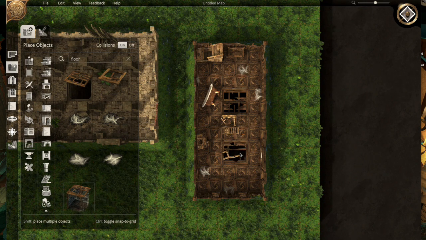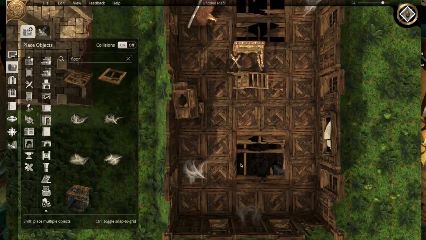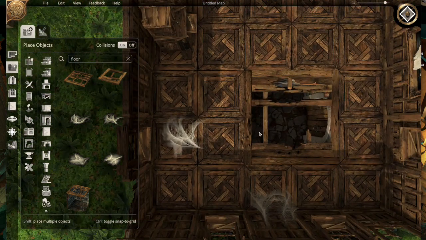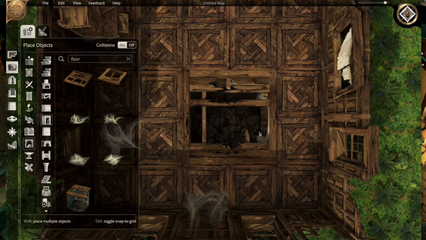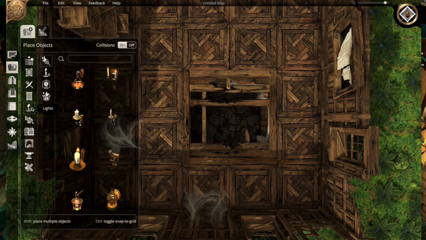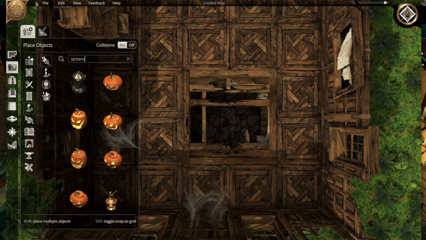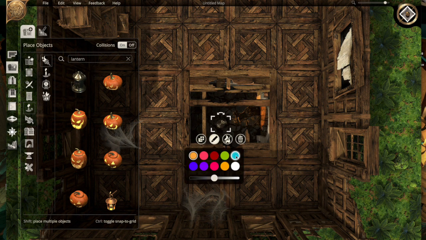So let's say I have this little mansion, and one of my favorite things to do is to take this Big Daddy right here, and as you can see, there's actually like a way to look through the floor there. Let's say I take a lantern and I want to put it down there, like this bullseye lantern. Okay, great. I've got a little bullseye lantern. I can have a little light. But let's say I want to make this light a little creepier, right? Maybe I can turn on my creepy green. I can ramp it up, and with my collisions off,